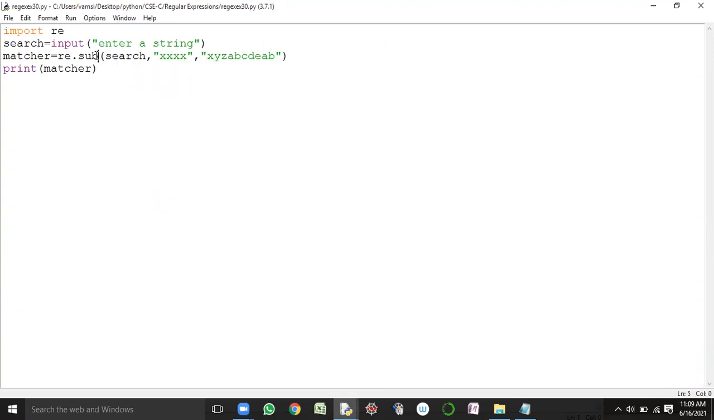So we have one more method called subn. What does it return? It returns a tuple, guys. It returns a tuple having the substituted string along with the number of replacements, displayed in the form of a tuple. Okay, tuple. So let us consider here. Directly I will give the search pattern. So here I will give